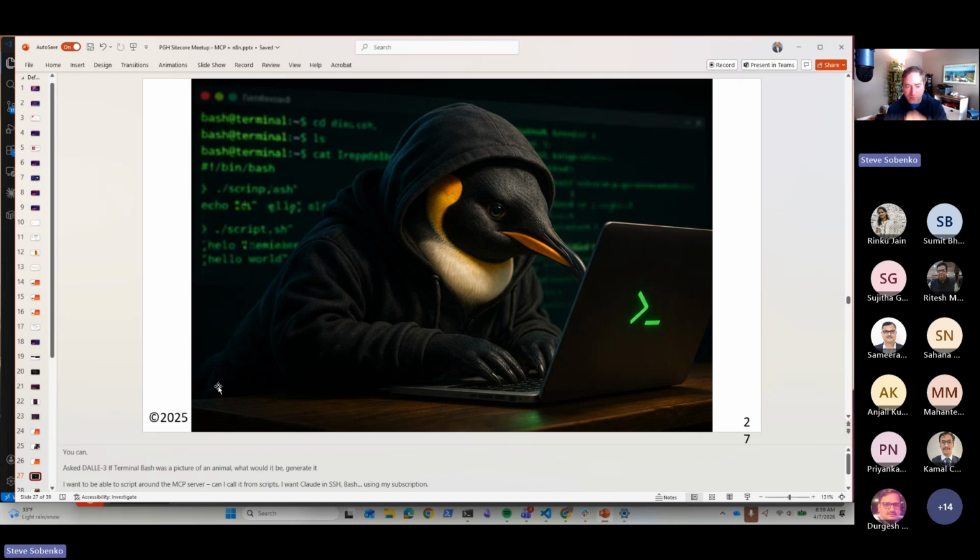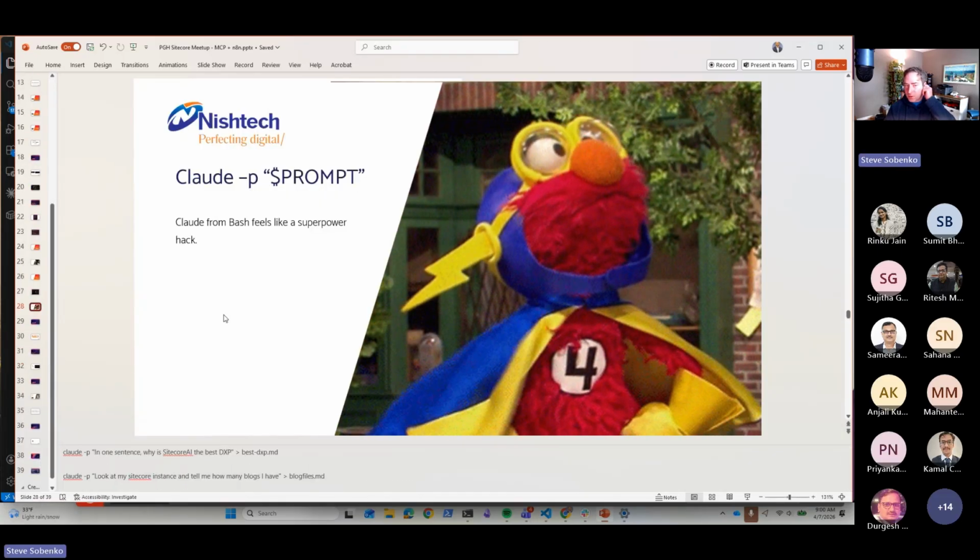So I want to be able to run Claude from a terminal so that I can now script around it, so that I can now script around my MCP server. So now I write scripts for my MCP server for Claude. And I want to do it within Bash, and I want to use my Claude subscription. So Claude prompt mode